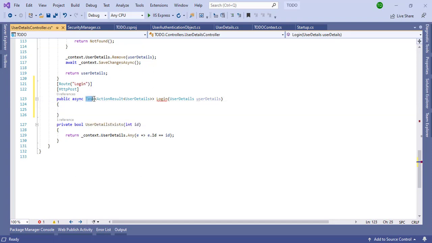Just change this return type also, so I'm going to remove this Task type here, and I'm going to create this IActionResult object.